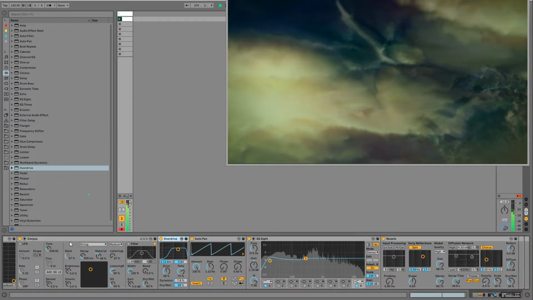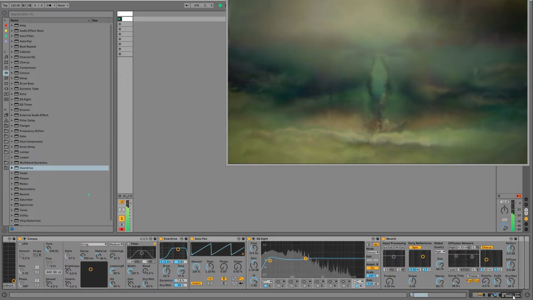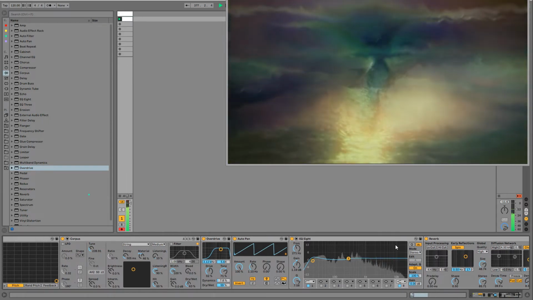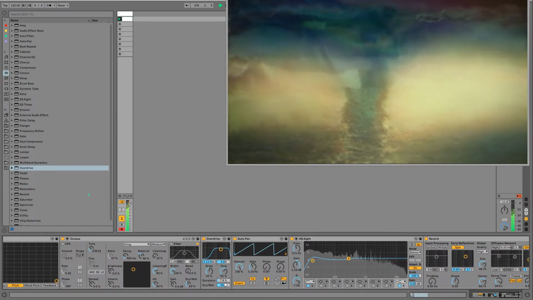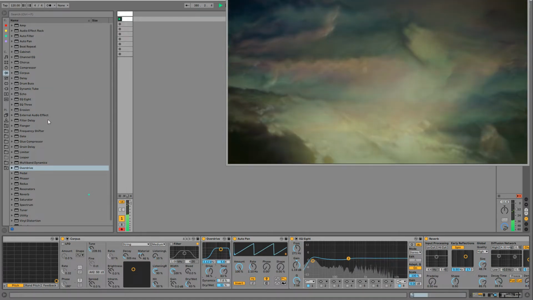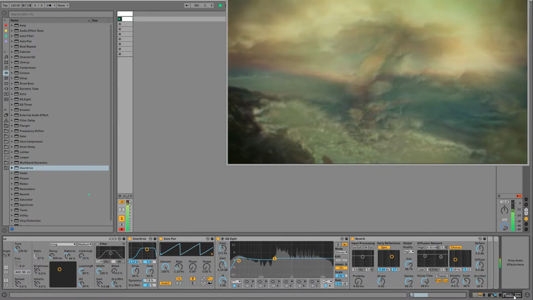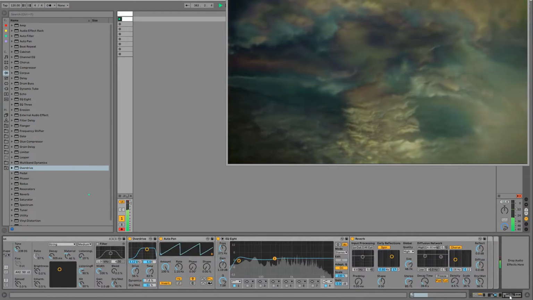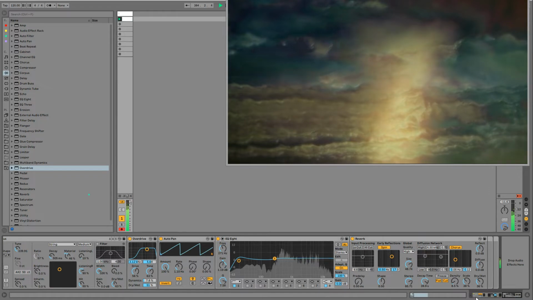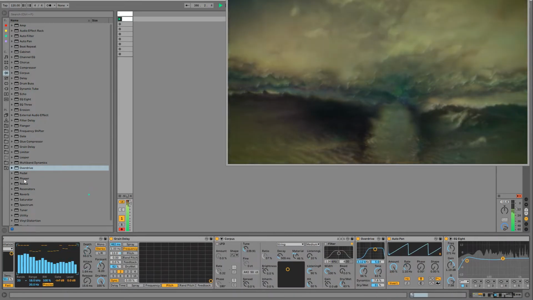I gotta say, I do love Ableton's effects sometimes. I mean, you can definitely notice a certain sound coming out of them if you're only just using the Ableton effects, but they are some of the most stable and CPU efficient effects. I've had hundreds and hundreds and hundreds in certain projects, certain live set projects, and never had any problems with crashing. Not since Ableton 9, they've really dialed them in.